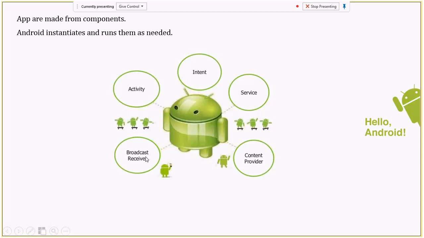Broadcast receivers are the components which receive the events coming from the system or from another app. Take the example that you received an SMS, an MMS, or a call. Those kinds of events, and even events like the network going down, Wi-Fi coming up, or the device getting locked when the user goes away. You can listen to those events, and the system will make sure you receive an event whenever those happen on the device.